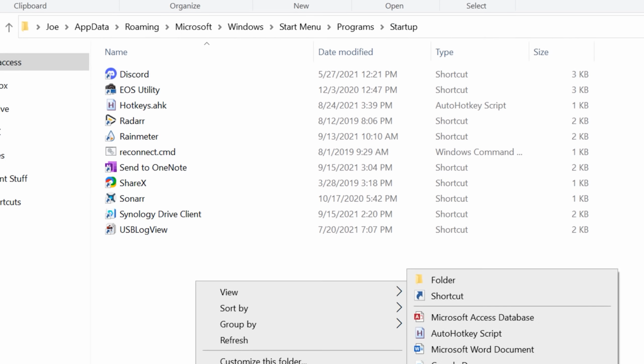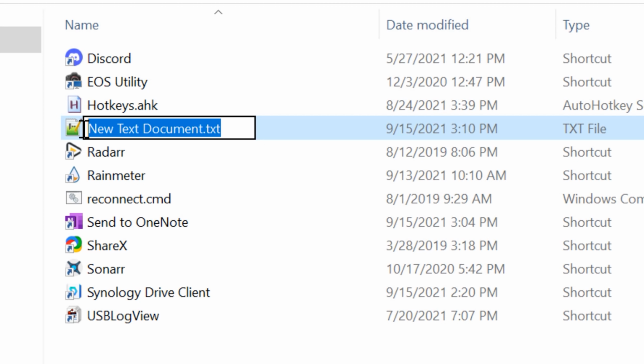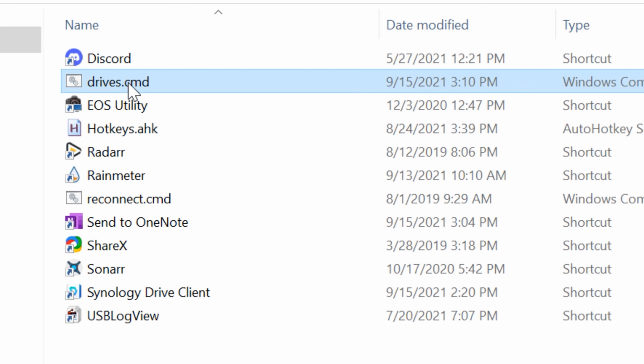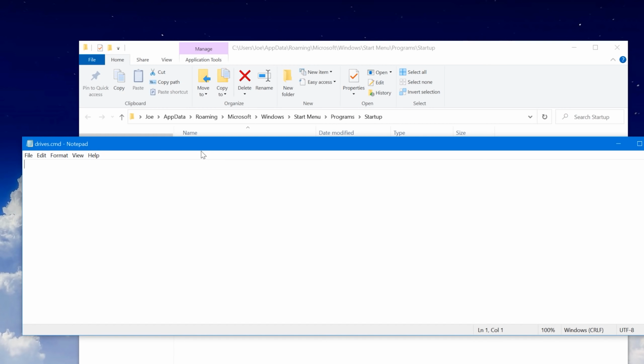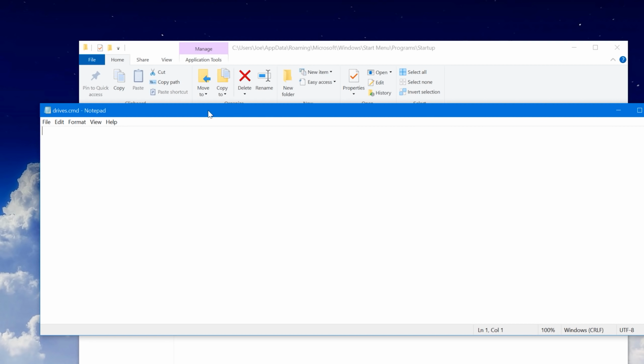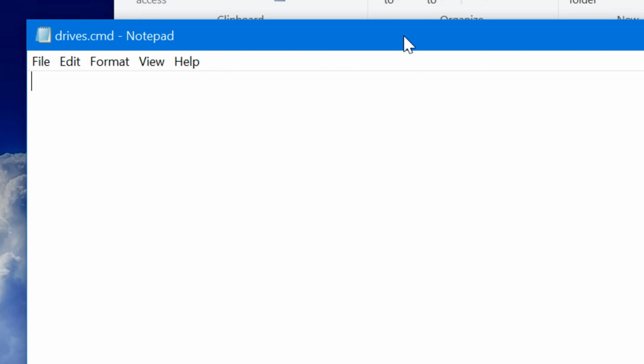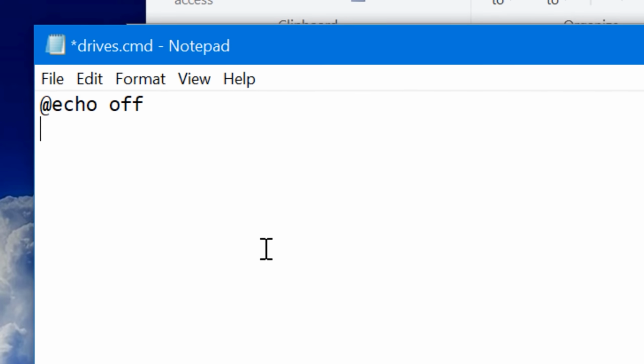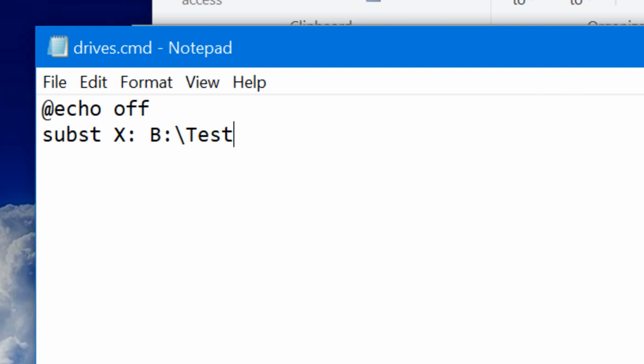So what we can do is create a new file. You can either call it .bat or .cmd, but we'll call it subst.cmd. Actually, we'll just call it drives so it doesn't confuse anyone. So we'll call it this, and then edit with Notepad, and then we could basically just have it run the commands we just ran on startup. So we can do echo off, that's just for the batch thing, and then we can do what we typed in before. We can literally just copy and paste it, and then this should now run at startup and do the same thing we did every time Windows boots.